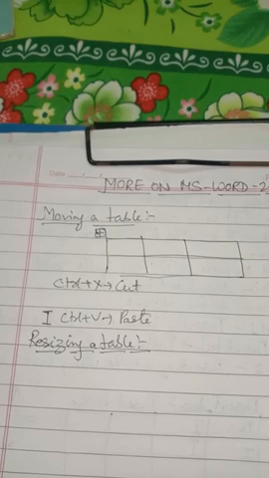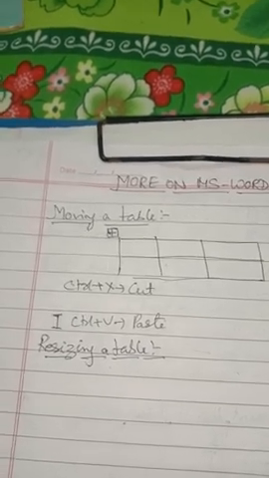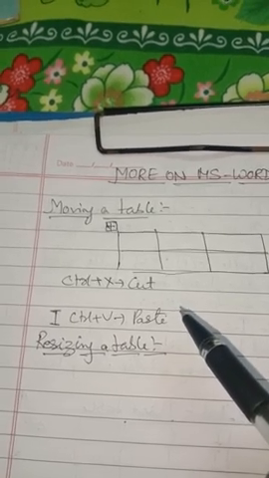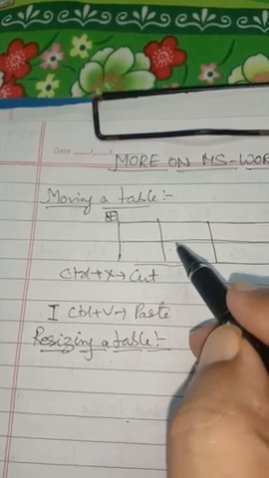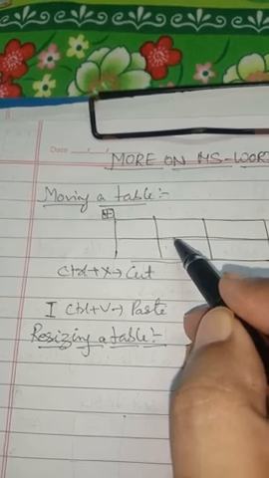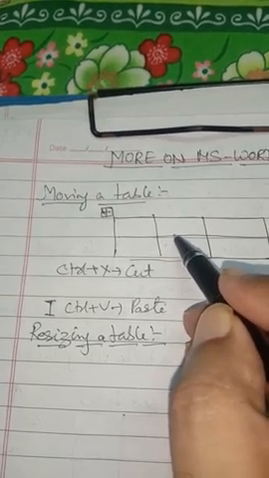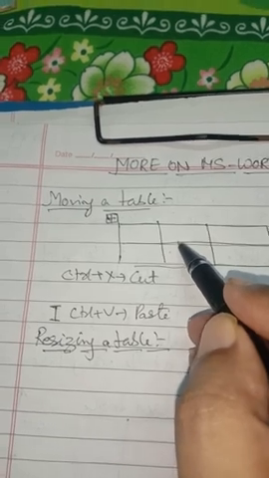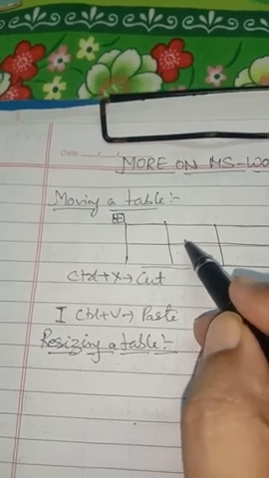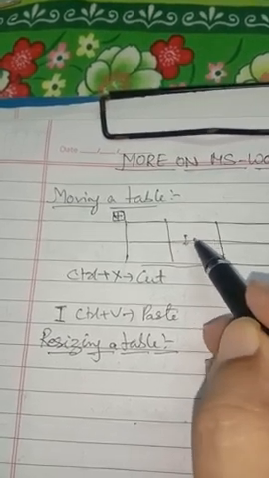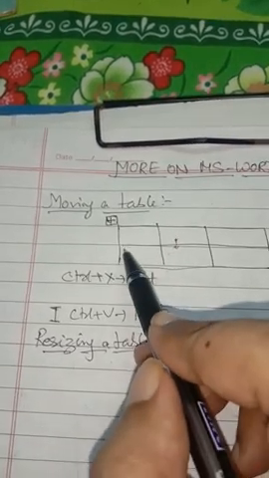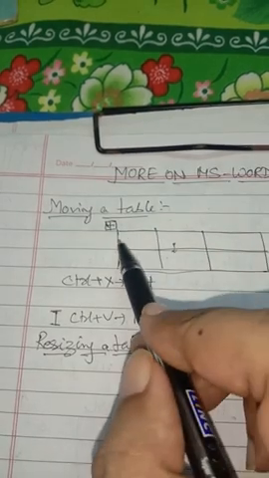In order to resize the table, first of all, step 1, bring the mouse pointer over the table which you want to resize. Like, bring the mouse pointer inside the table. Suppose you want the height of the row to be increased. So bring the mouse pointer over here. As soon as you bring the mouse pointer over here, you will see that it is converted into a two-sided arrow, like this. Now left click over here and drag it downward. You will find that the height of the first row gets increased.